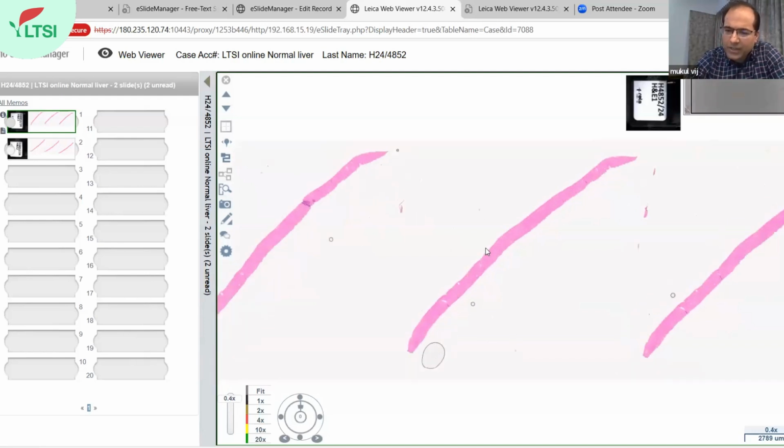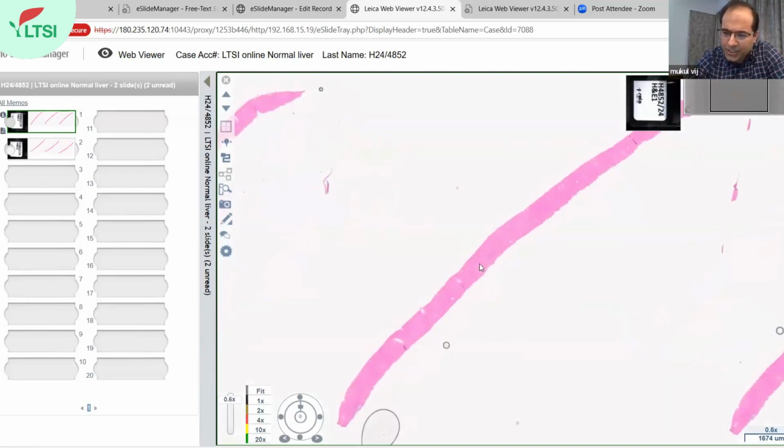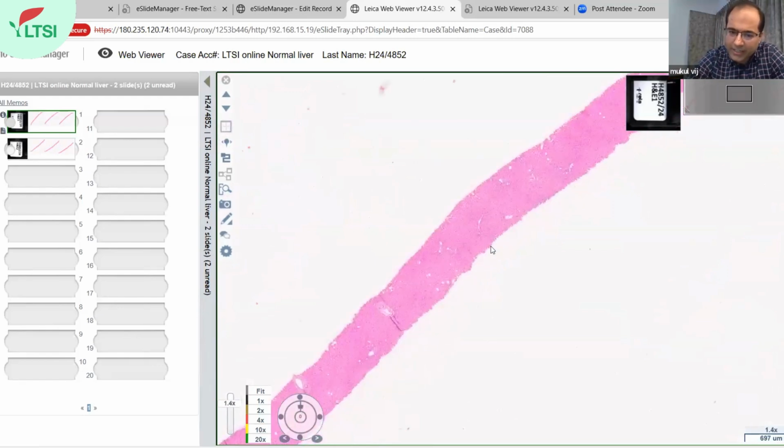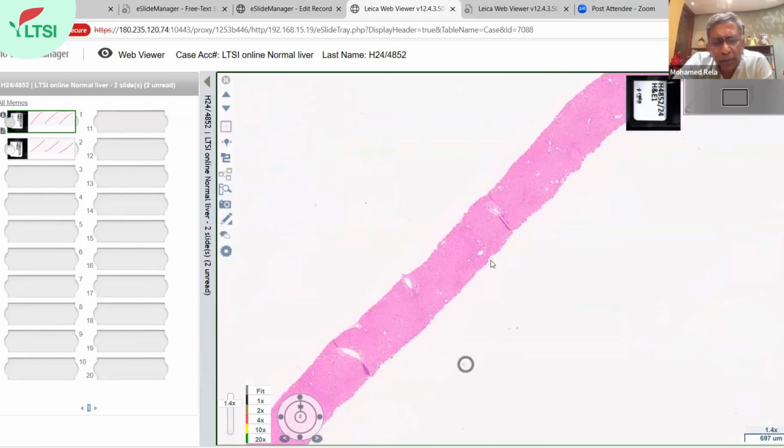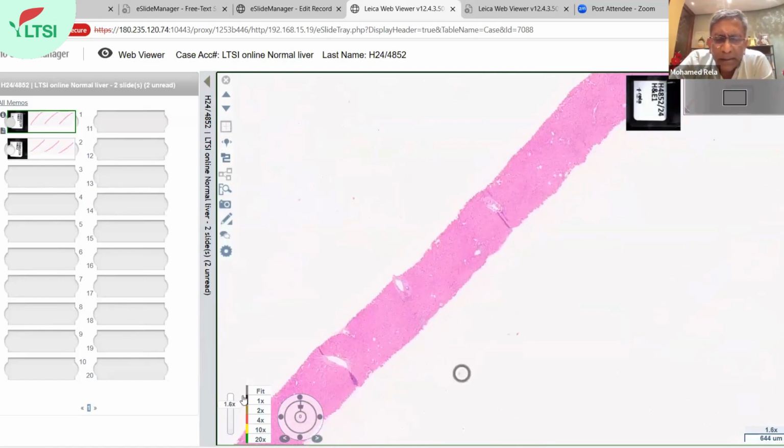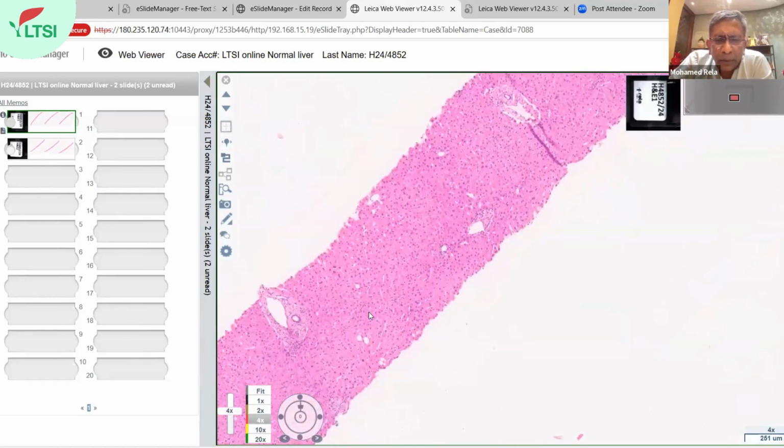So this was done probably for certain there were some issues in the patient, in the donor, living donor, and they did a biopsy. Can we just start? Are you going to present the first case, Radhika, or